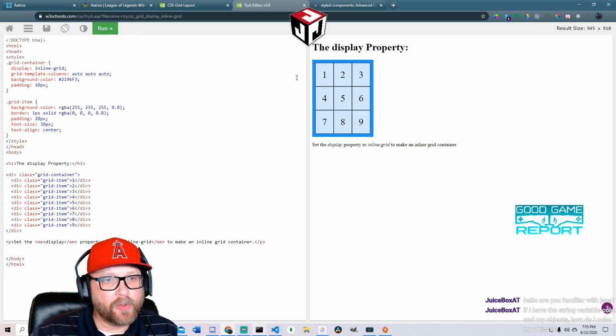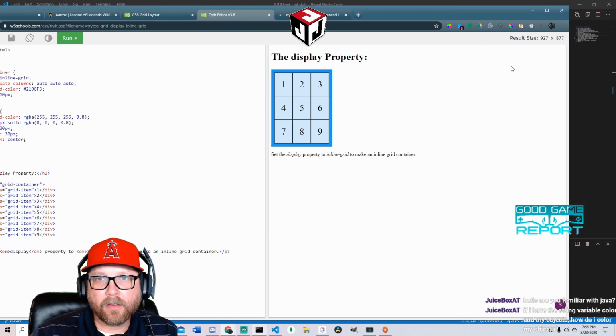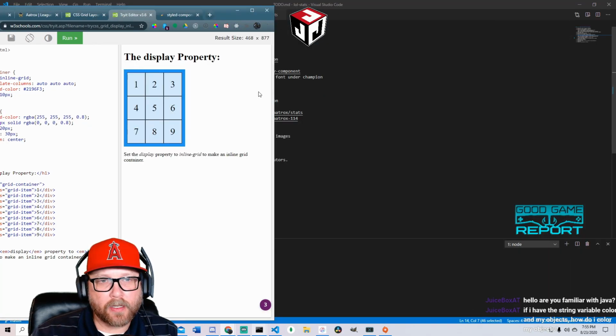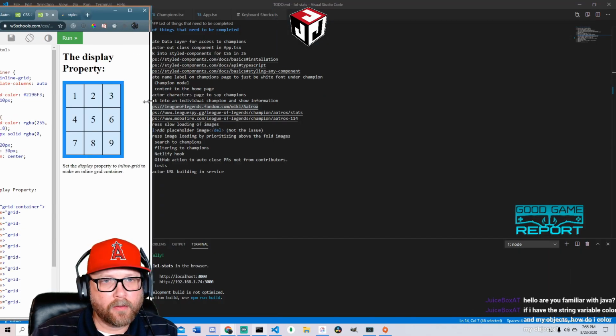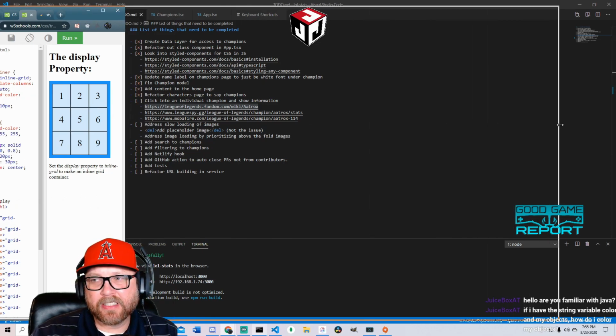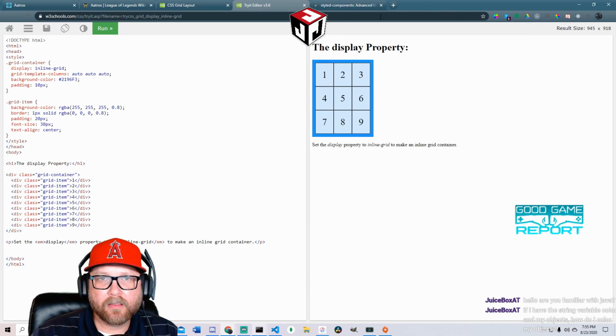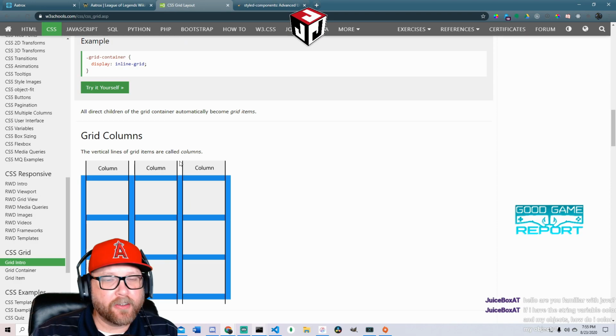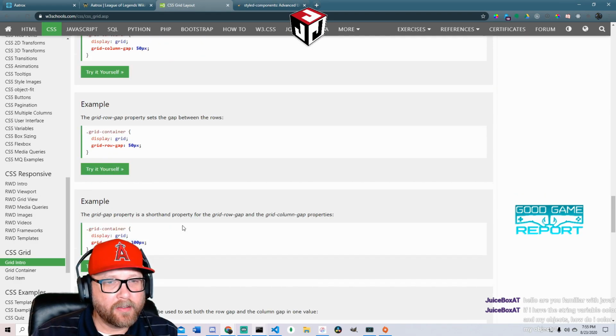How does it know that it's only supposed to be 3 items wide, right? Is it always 3 items wide? Is that just like the standard for the grid? It's 3 by 3?